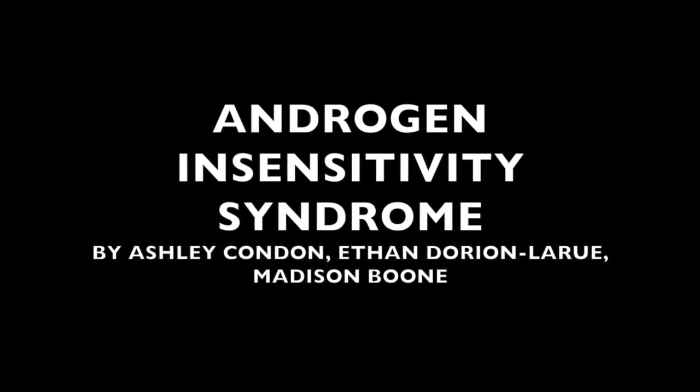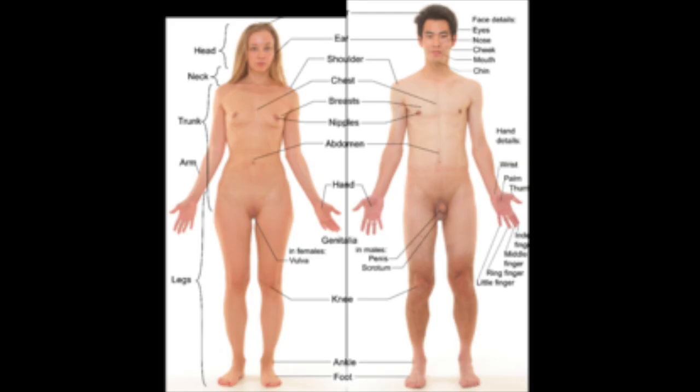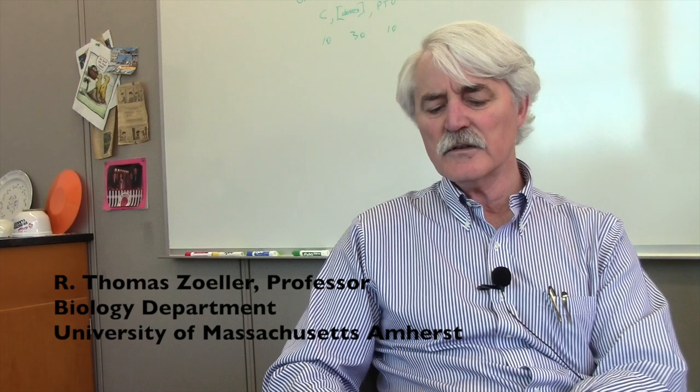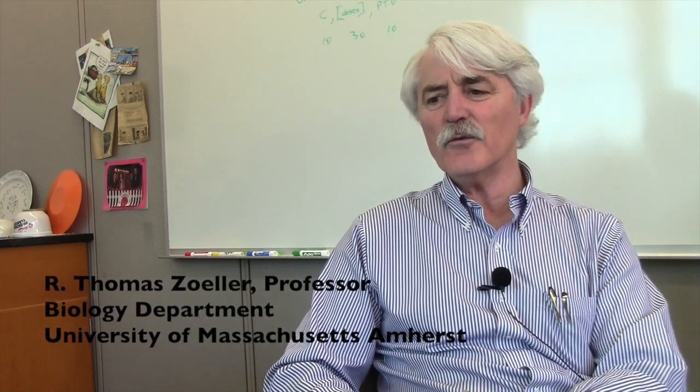Androgen insensitivity syndrome, or AIS, is caused by a genetic defect of the androgen receptor that detects testosterone in the body. Without a functioning androgen receptor, sexual differentiation during development is altered, and genetically male humans develop as phenotypic females with no reproductive functioning. Now, what happens in this genetic defect of androgen insensitivity syndrome is that the receptor for